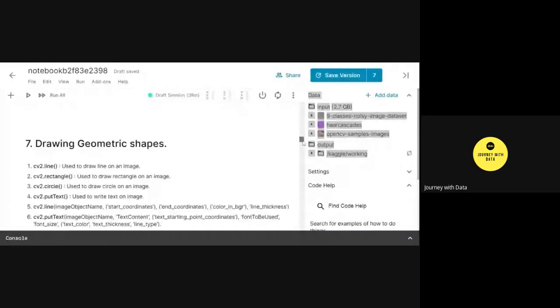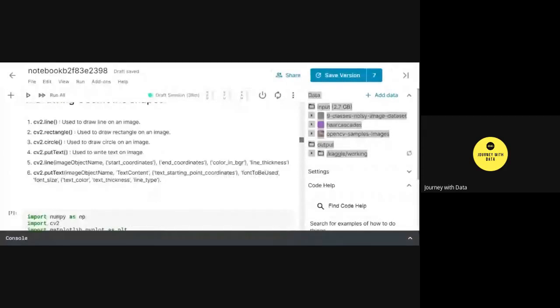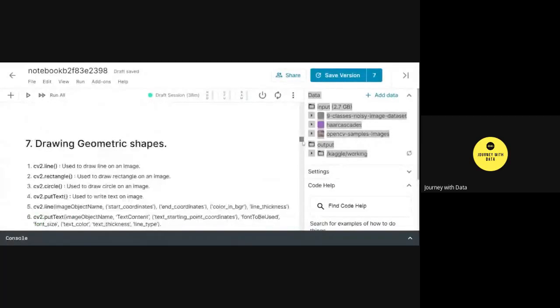Now next is, how do you draw geometric shapes in an image? Let's say you have a face, and you are performing face detection or any feature detection technique in Python on images, and you have to draw geometric shapes. You want to highlight a particular thing. For example, you are performing image segmentation and you want to highlight all the features that belong to one color using a square bracket or a circle. All in all, you want to draw certain geometric shapes on an image. Now, how do we do that?